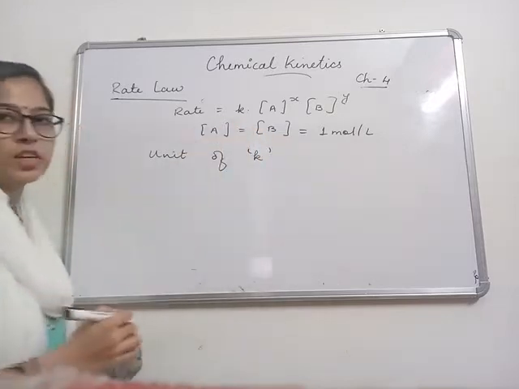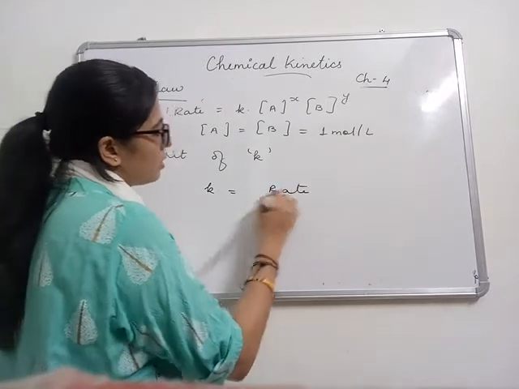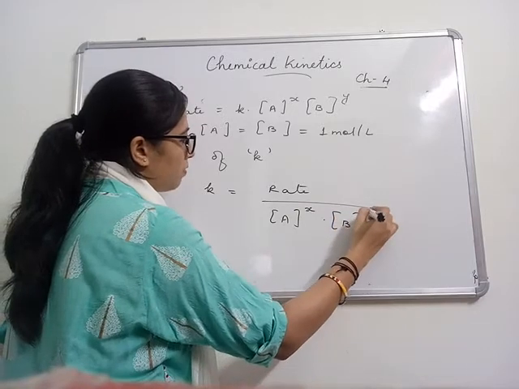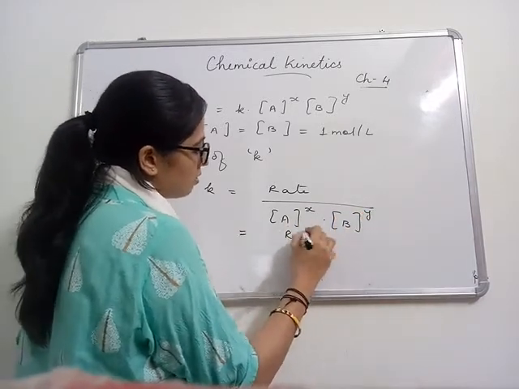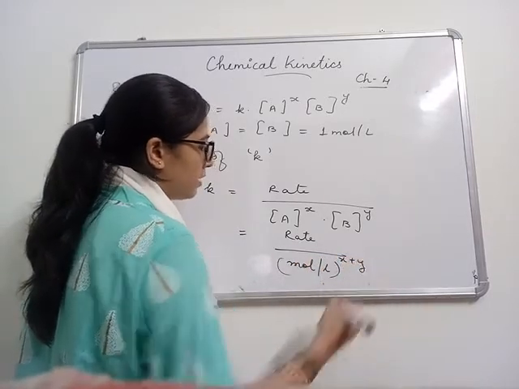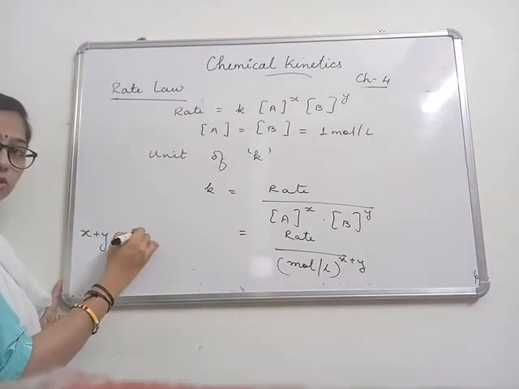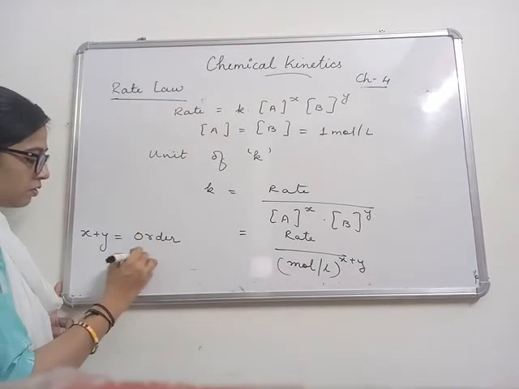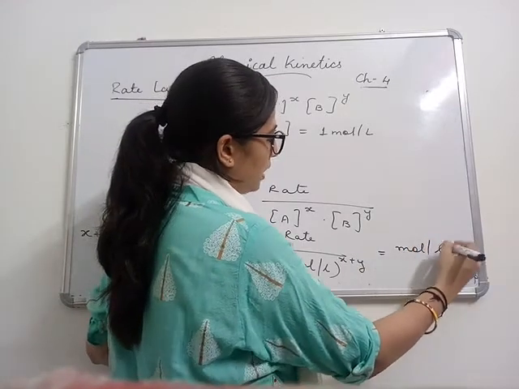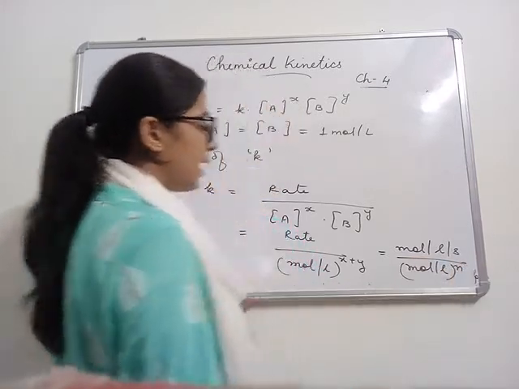How to get the unit of K? Rate constant की unit कैसी आएगी? तो यहाँ से K क्या आएगा? K is equal to rate upon concentration of A to the power x, B to the power y. बेसिकली ये है क्या? मोल पर लीटर दोनों की कॉन्सेंट्रेशन, बट ये सम हो जाएगा x प्लस y, एंड दिस सम ऑफ x प्लस y पावर्स का जो सम होता है दैट इज कॉल्ड द ऑर्डर, विच इज गिवन बाय लेटर n. सो रेट इज इक्वल टू, रेट की यूनिट क्या है? मोल पर लीटर पर सेकेंड, और ये है मोल पर लीटर टू द पावर n.